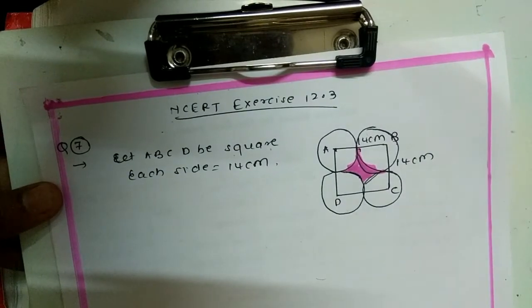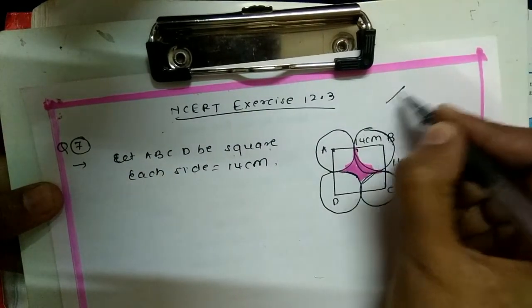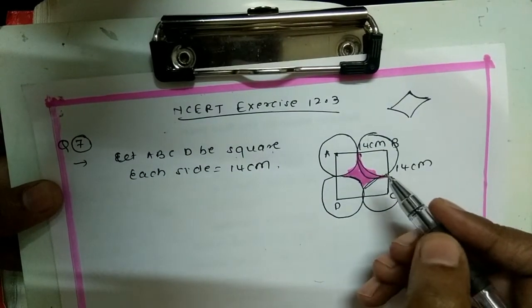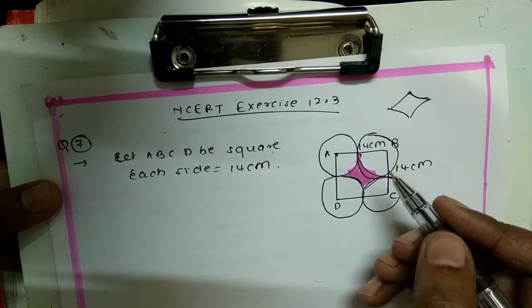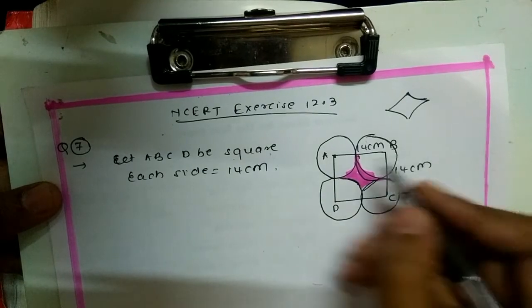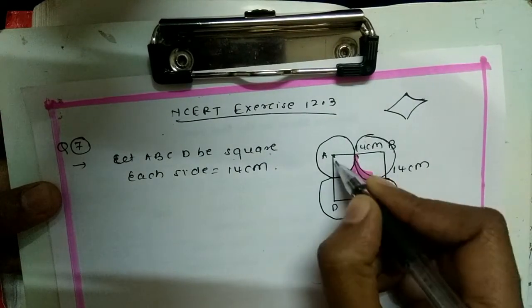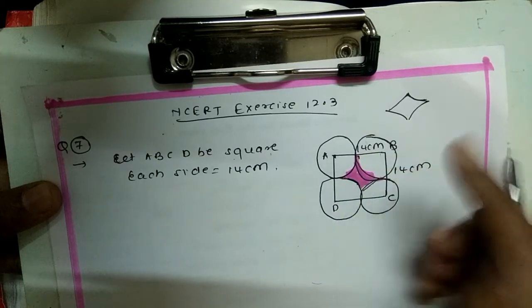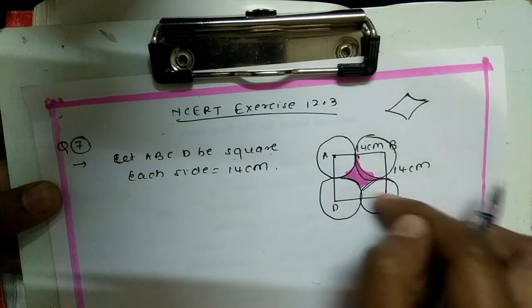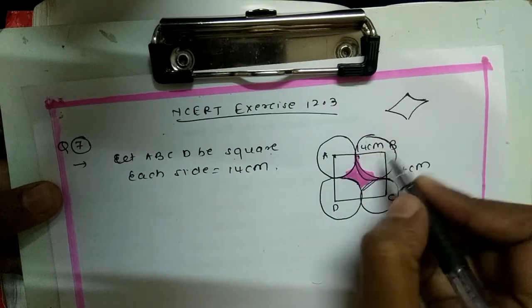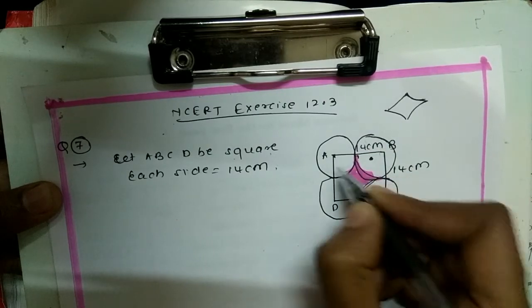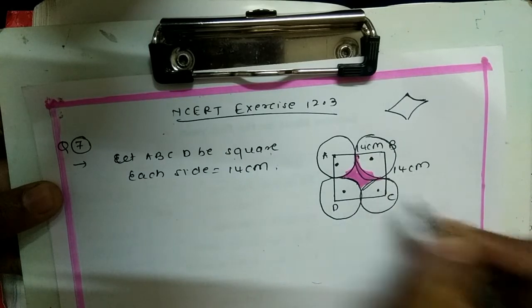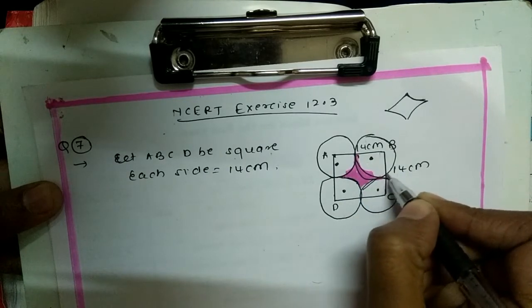But we don't have a direct formula for this kind of figure. The shaded portion is in this shape, so we don't have a formula. But what we can do here, you can see this is a square. You can find out the area of the square. From that square area, we don't want this area; we just want the shaded part. So these 4 areas, I'm pointing here 1, 2, 3, we have to remove.